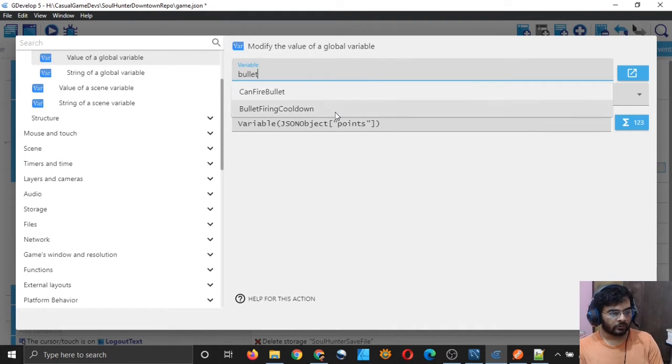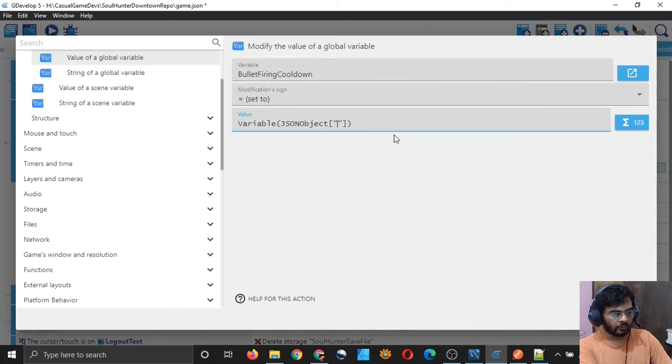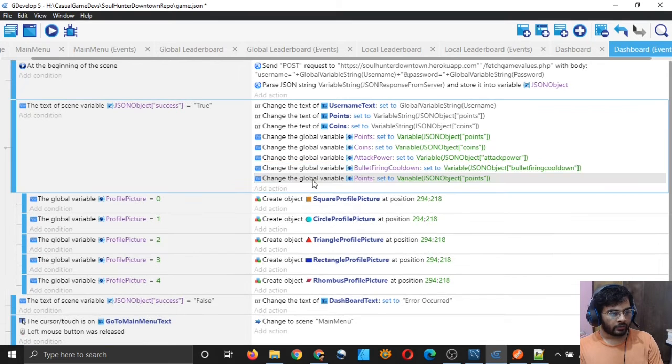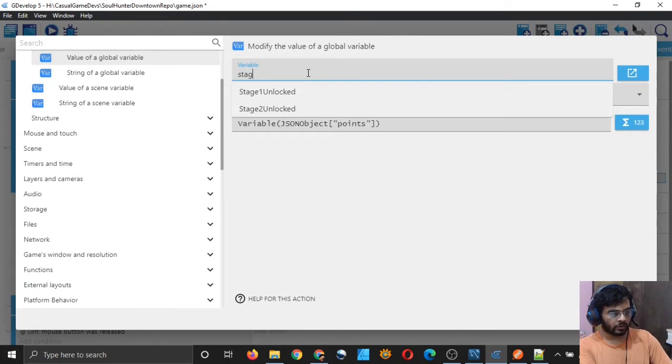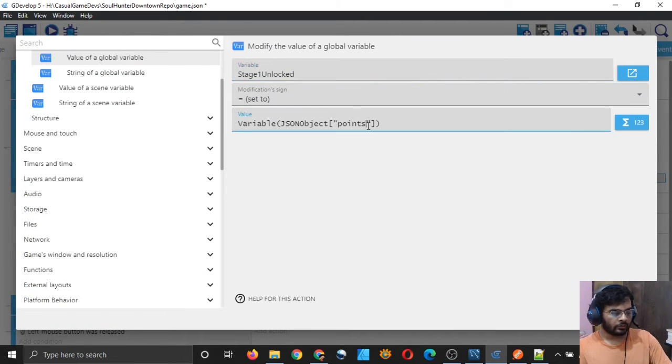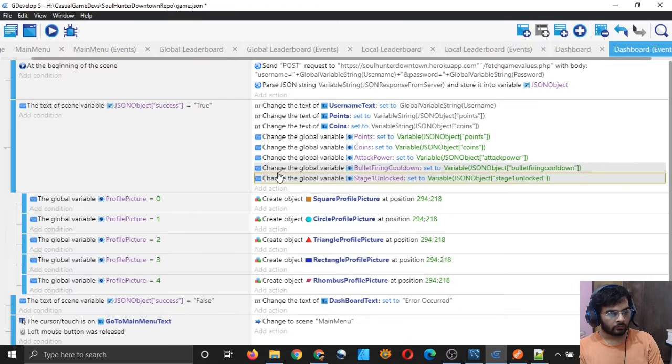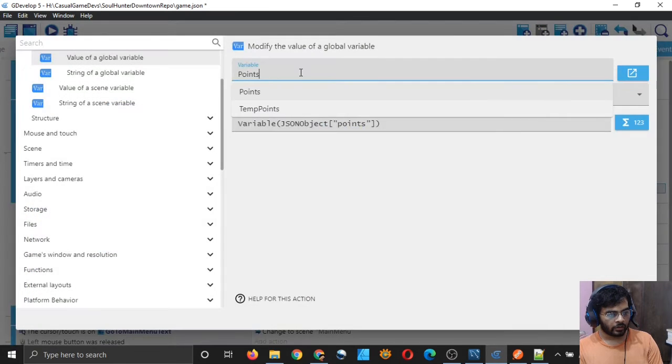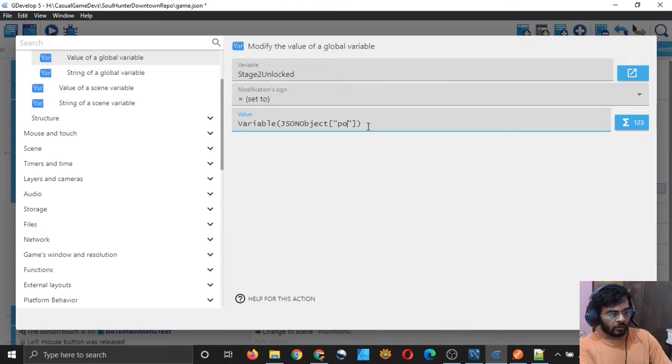I want to follow the order to keep everything organized. Bullet firing cooldown, okay. And then paste, and I need stage 1 unlocked, and equal to stage 1 unlocked, okay, looks good. And then paste again, and I need stage 2 unlocked, and stage 2 unlocked, okay, cool.